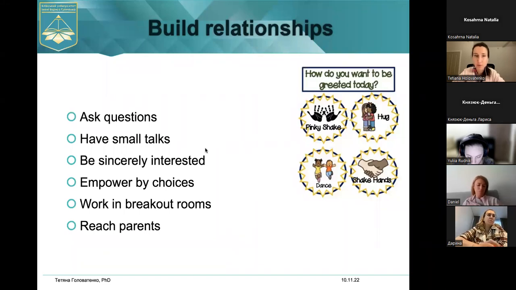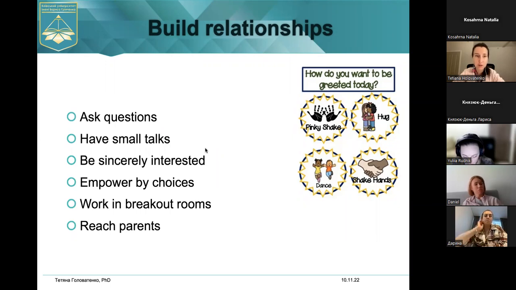Of course, you've got a lesson plan, and it's your top priority to follow your lesson plan. But within this lesson plan, you can give some slots where students choose what they do first and then next, or they choose an activity they want to work on now, or they might also choose the level of difficulty they want to work on. So giving these slots for choices empowers students and shows that they have something in control in this classroom. And this is very important in trauma-informed learning, to show that students have control.